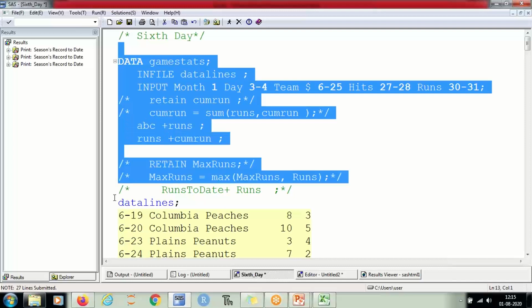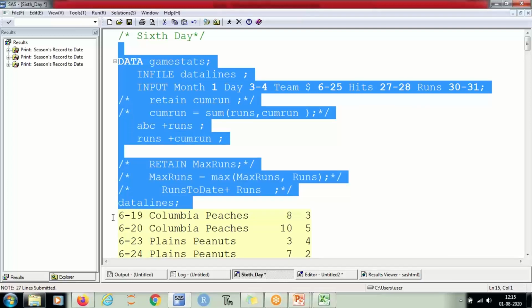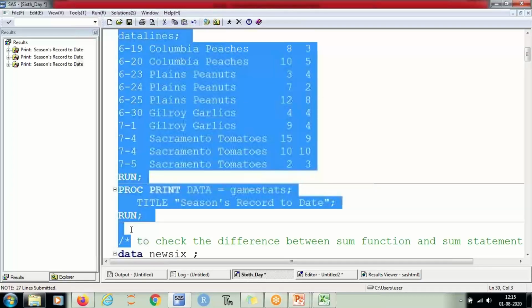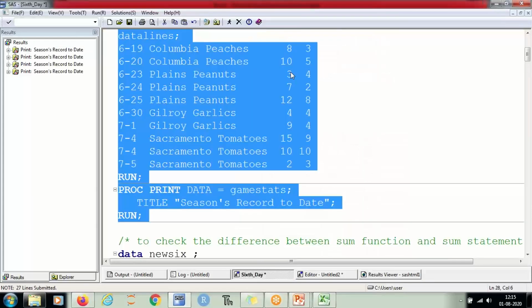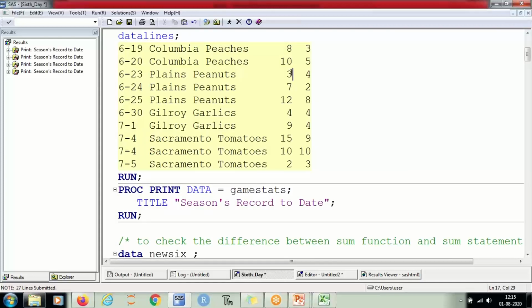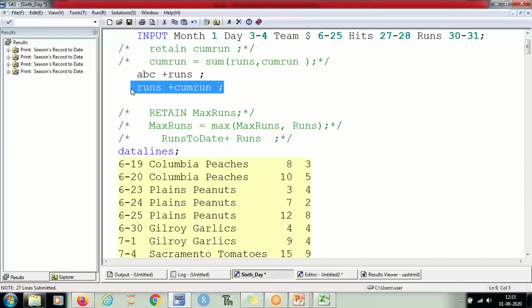So every time you run this, the last value will be missing, so you will see a missing value in the end. So remember, we should not have a missing value at the end. So this is incorrect. Sum statement, right?